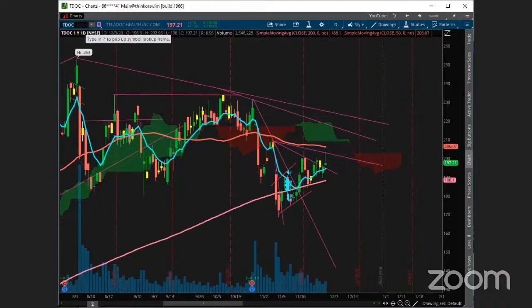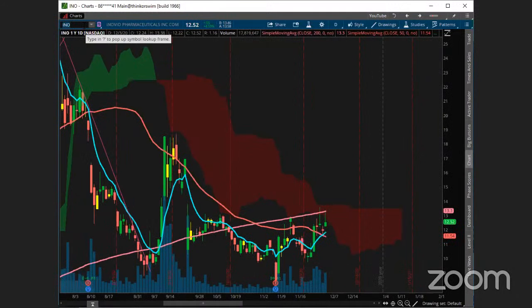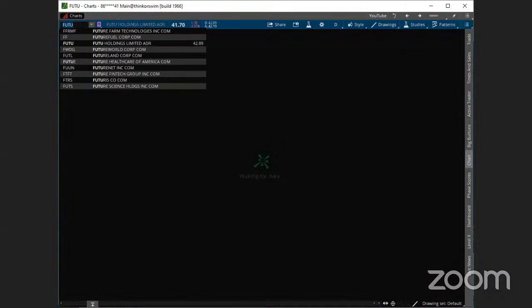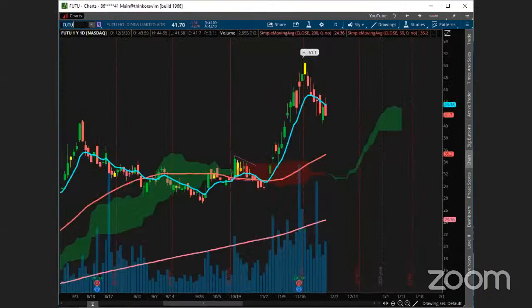It's kind of struggling a little bit, but we're hoping it gets bullish, but still below the 200 day and all that stuff. So INO with an upper shadow off the 200 day, so a little bit of caution off of that one. Futu, again, upper shadow. A lot of these are looking pretty bearish right here. Upper shadow and red candle off the ADMA on that one.